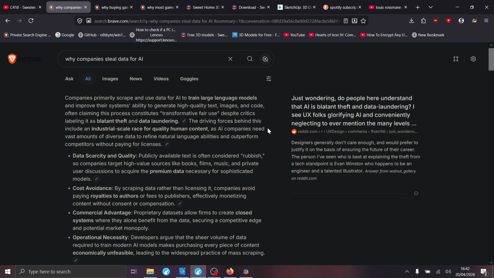Okay, that's the first part. And the second part, if they say the AI was used for the graphics, now this is the problem with modern artists. Why? Because some of the art they use was stolen from artists out there on the internet.